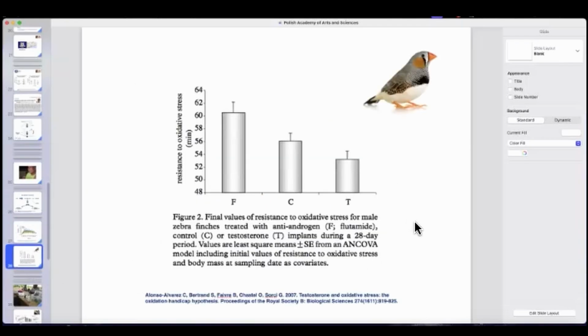So what does this all have to do with oxidative stress? Well, again, most of the research that has addressed reproductive effort and oxidative stress in males has been in non-human animals, for example, in birds. And this is one classic study where they